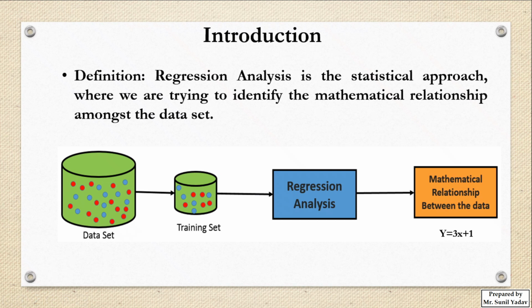Here we have not taken a real world example. For the sake of understanding, we have taken the example of red color samples and blue color samples, but in my coming lecture we'll take some real world examples, and there you will understand everything in detail. For the time being, this is the end of this lecture, and from the next lecture we'll start with the properties of regression analysis, and after that we'll see the types of regression analysis.